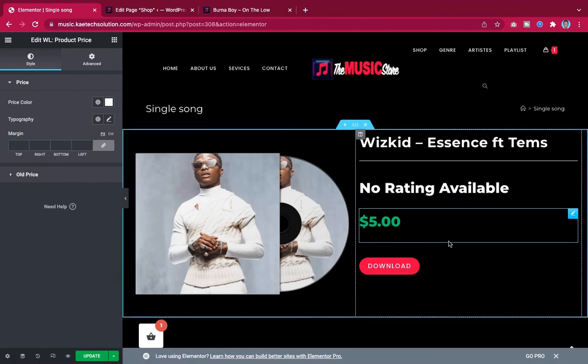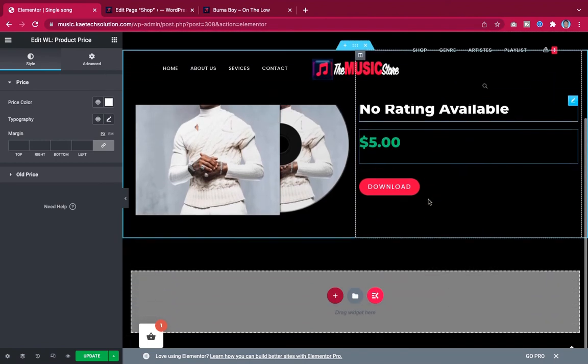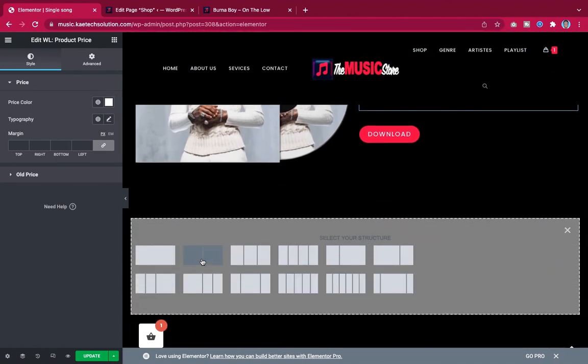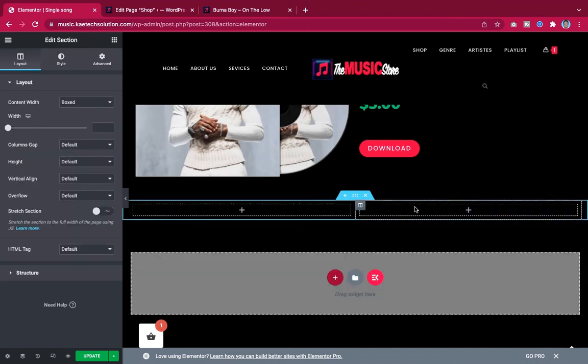Now what we want next is also another column like this, a structure column like this. Now we want here to be the product information, and we want here to be product review, or we want here to be related product. Okay, so we want 3 related products over here. So what we want is